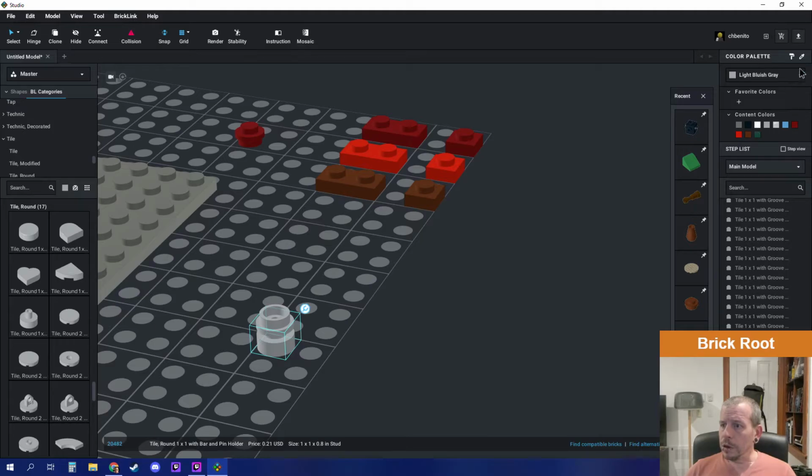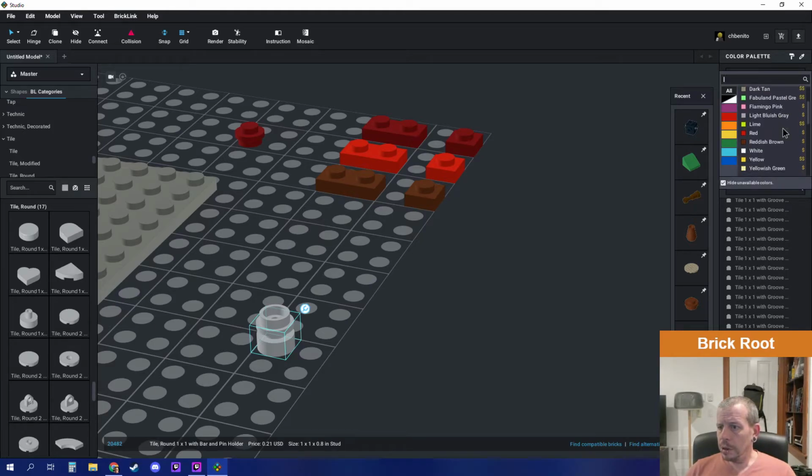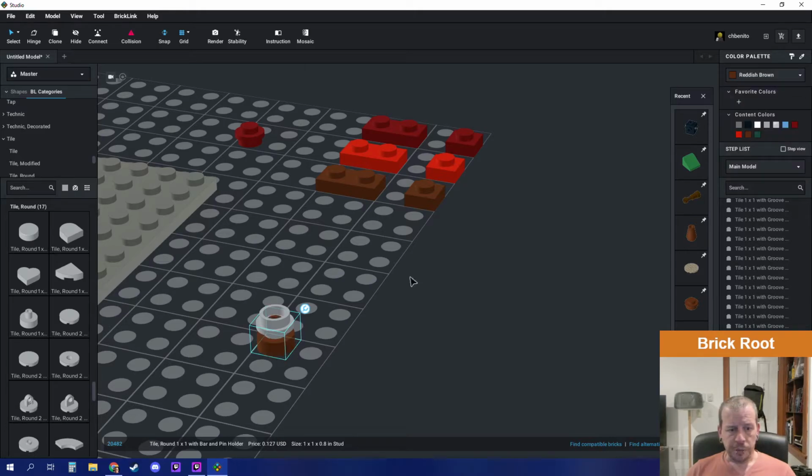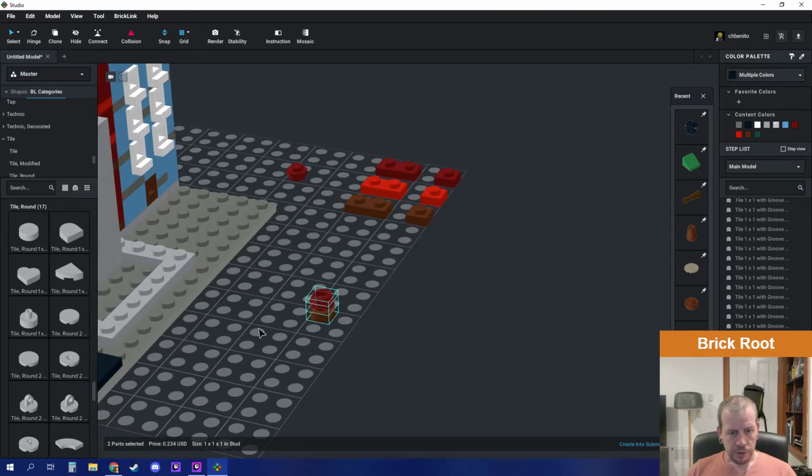Okay, what colors does this come in? Goes in reddish brown, and this comes in dark red. So I could do